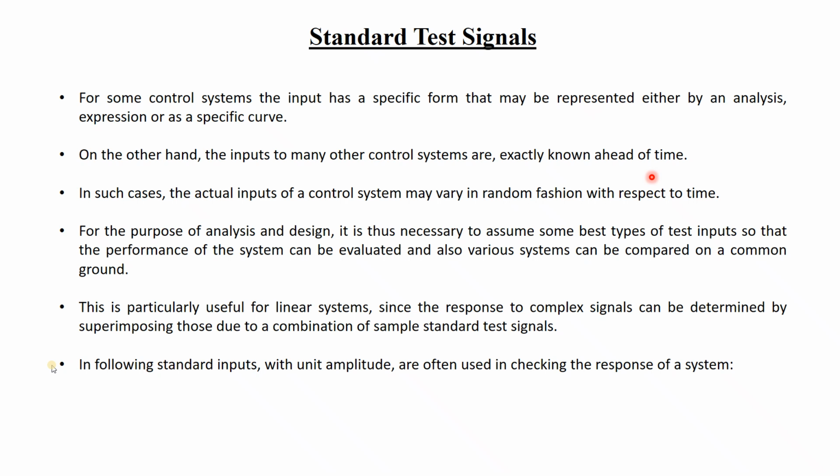Suppose you want to check a thermometer. What you do is take ice and measure the temperature of the ice. When the ice starts melting, as all of you have studied at school level, the melting point of ice is 0 degrees Celsius. So when it is melting, it will read 0.